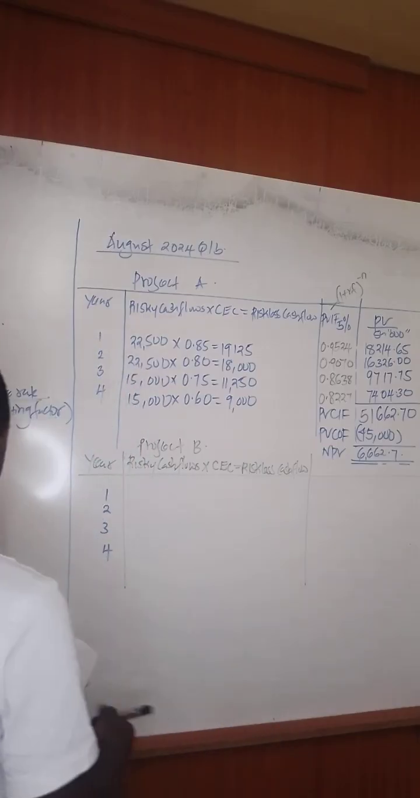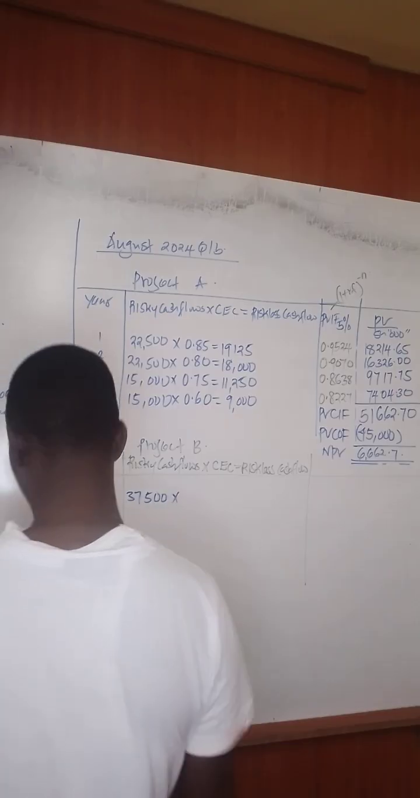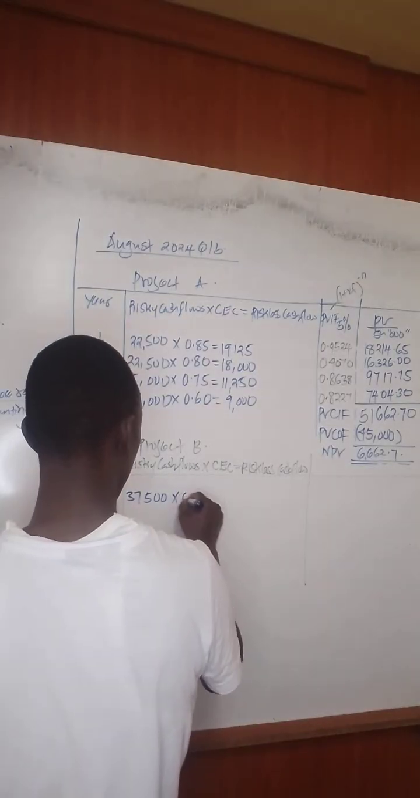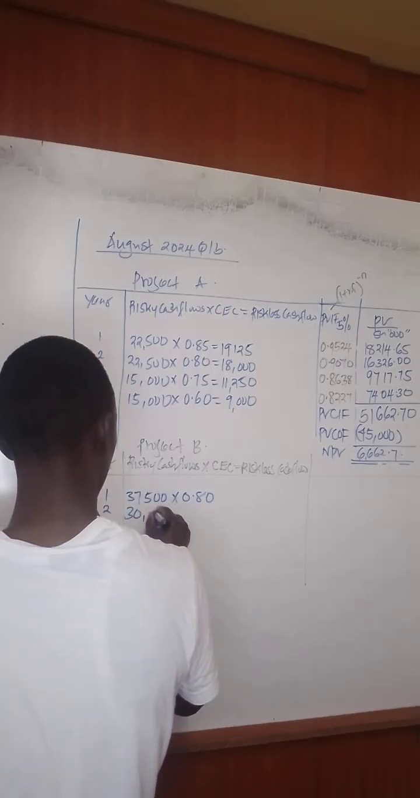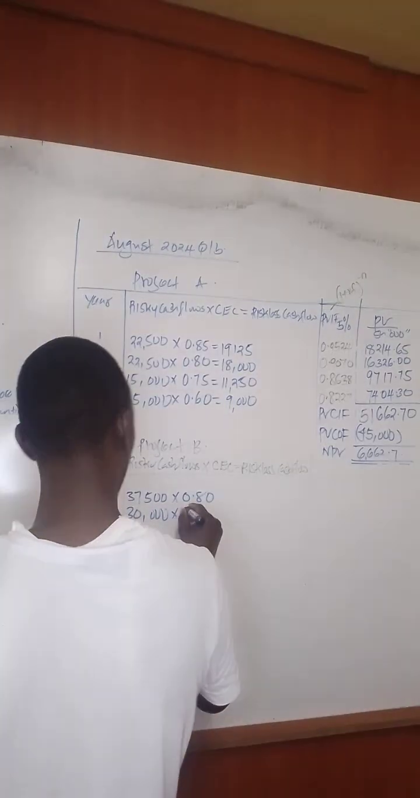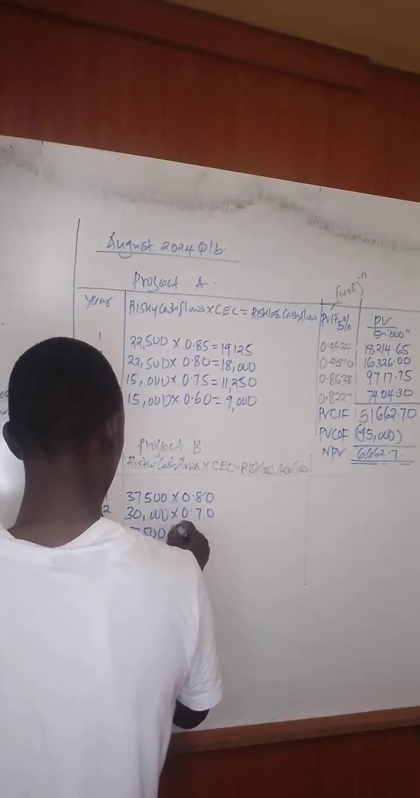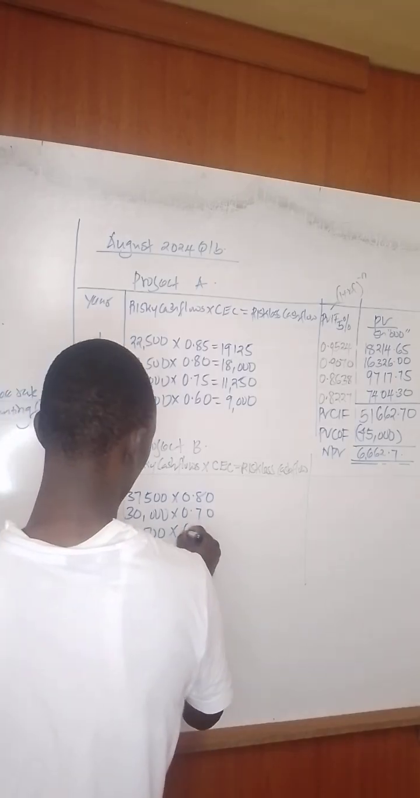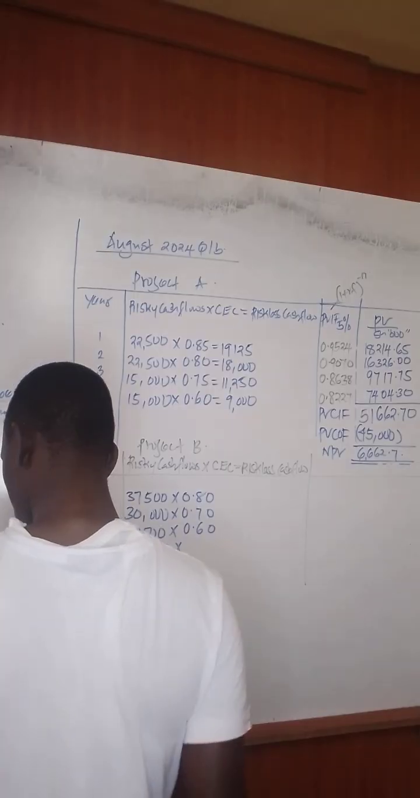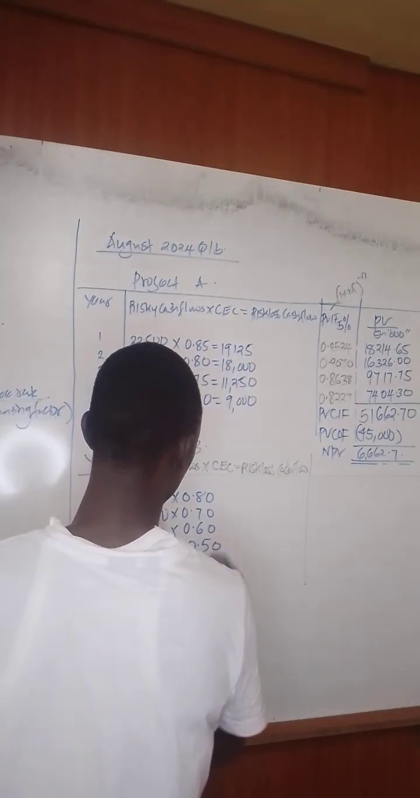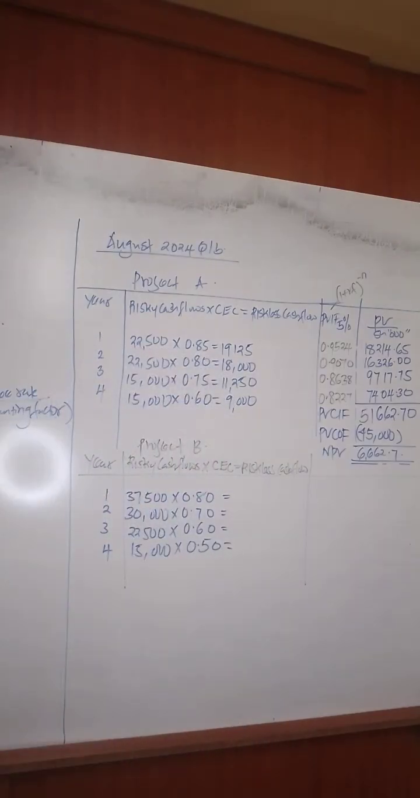For the first year, it was 37,500 and it had a CEC of 0.80. The second one was 30,000 and the CEC was 0.70. The third one was 22,500 and this was 0.60, and the final one is 15,000 and this one was 0.50. So the final output will be, let us get the